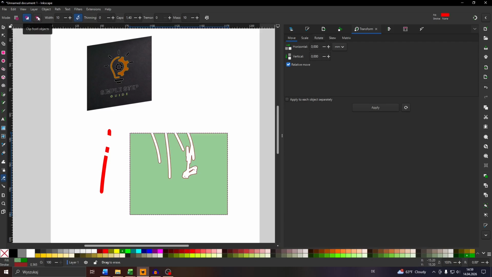And there's also the third option, clip from objects, if you like. So you can use that one as well. And that's basically it. Here to the right, you can adjust the caps, and